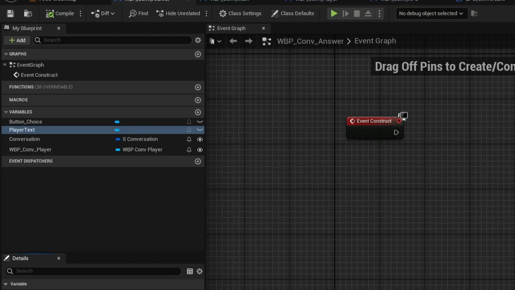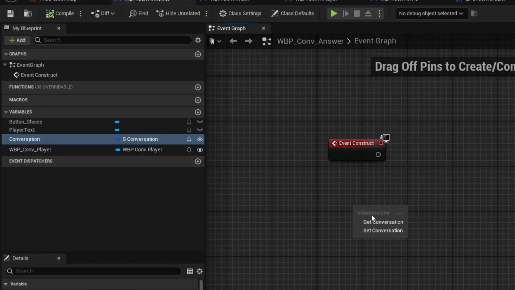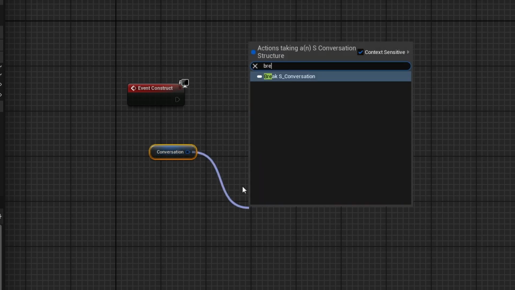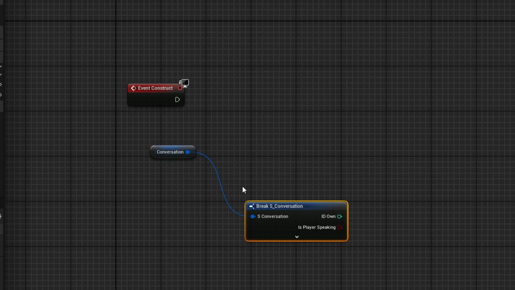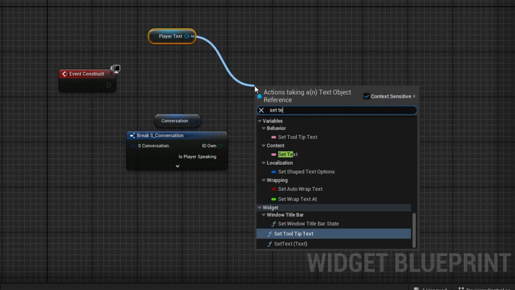From the variables, drag and drop the conversation into the graph area. You will get a pop-up message, choose the get conversation option. Drag the output pin and start typing break. You will see break s_conversation option. Select it. Now drag and drop the player text variable into the graph area, drag on the output pin and